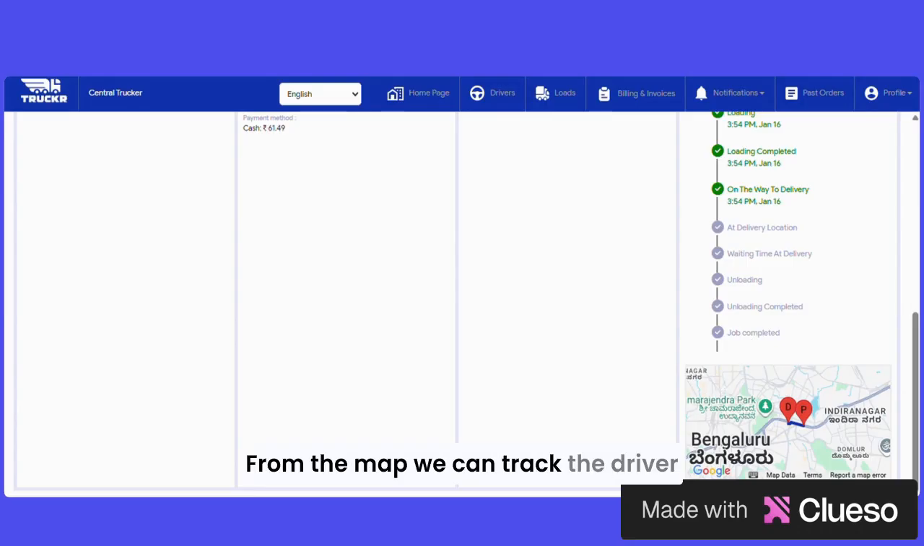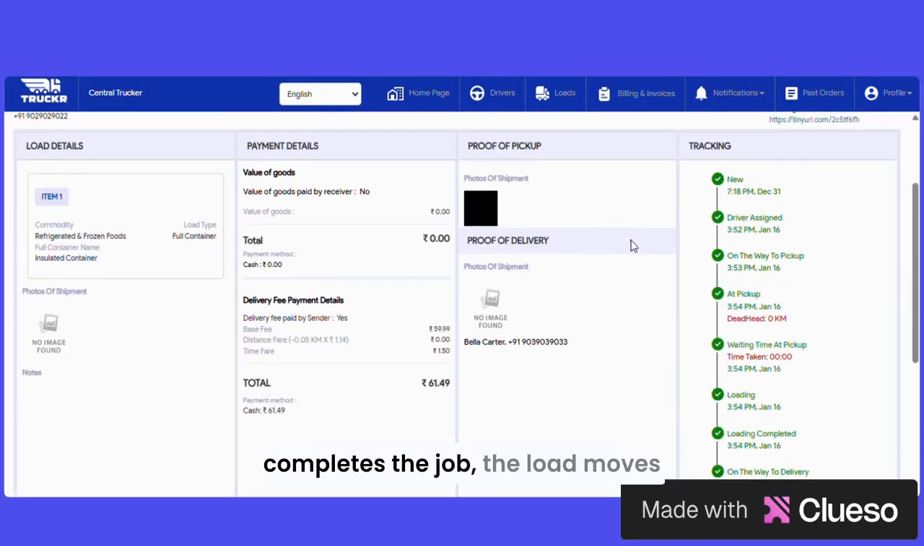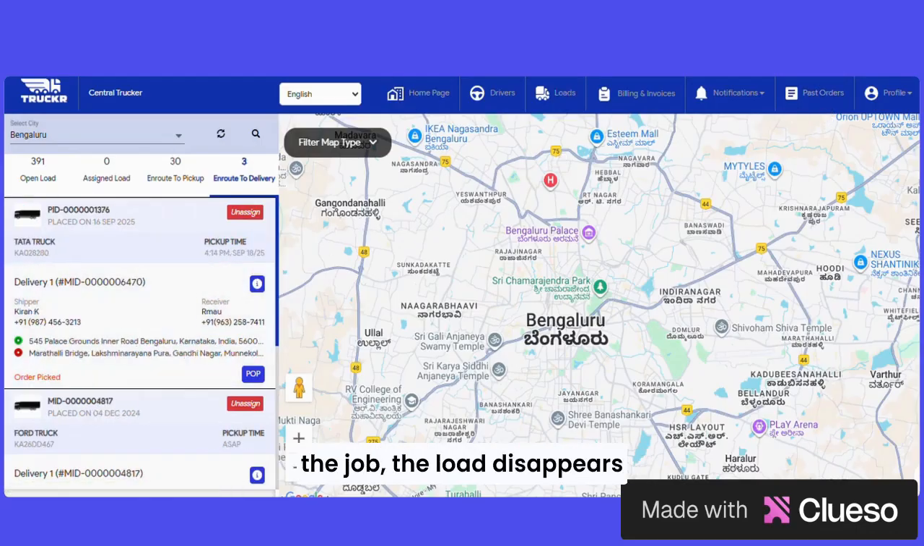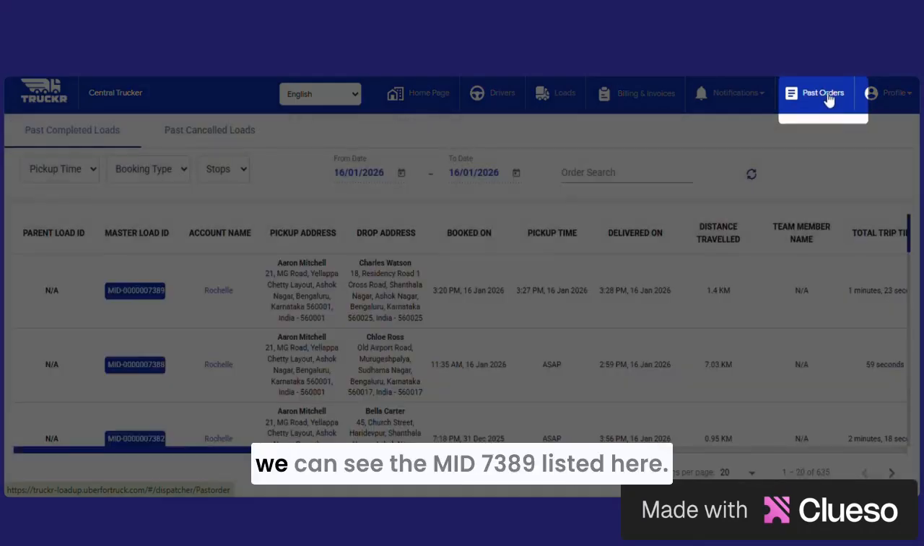From the map, we can track the driver and also see the driver's location. And when the driver completes the job, the load moves to the past order section. As soon as the driver completes the job, the load disappears from the Android delivery section. Now the load appears under the past order section, and when we click on past order, we can see the